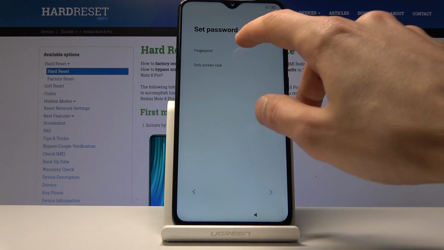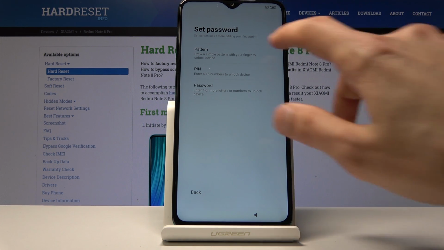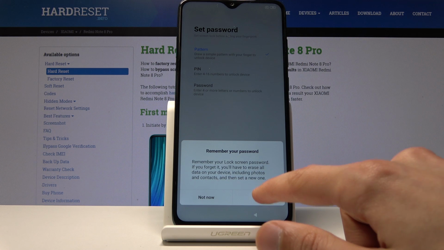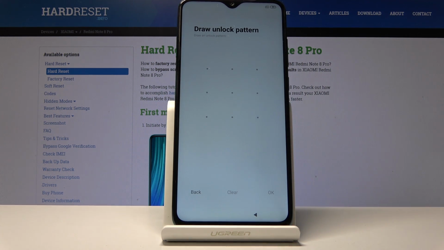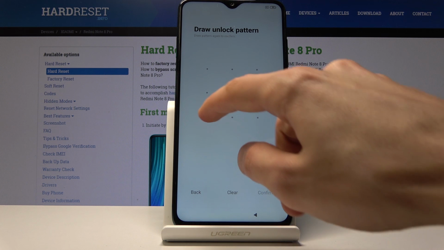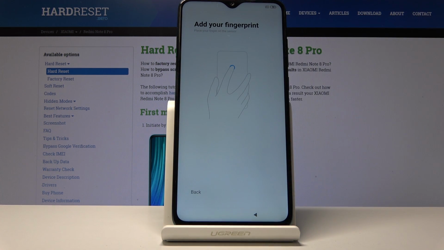I'm gonna set it up at the moment just as an example, and I'm gonna choose the fingerprint and the pattern, but you also have a choice between PIN or password. Give it a couple seconds, it gives you a message that you should remember it and stuff like that. So from there, draw the pattern that you wish. Let's just redraw it again, and from here tap on confirm,